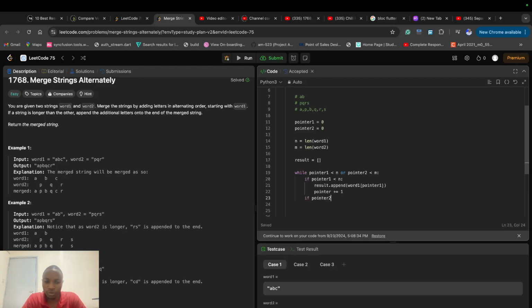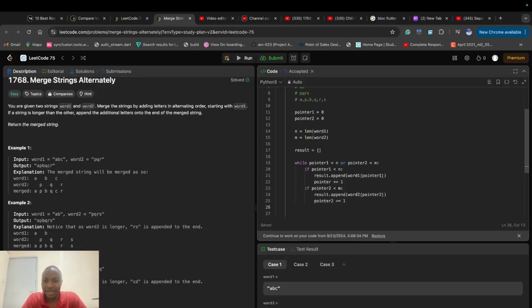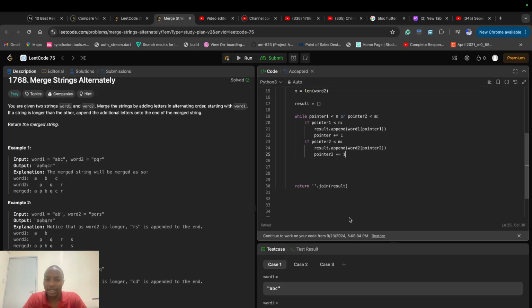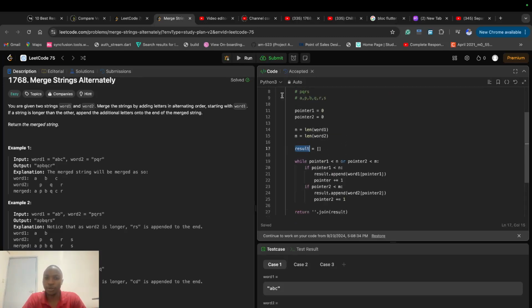Same for pointer 2: while pointer 2 is less than m, we append word 2 at pointer 2 and then increment pointer 2. After doing this, we return a string that is a combination of the values in the result. So if I run this program,